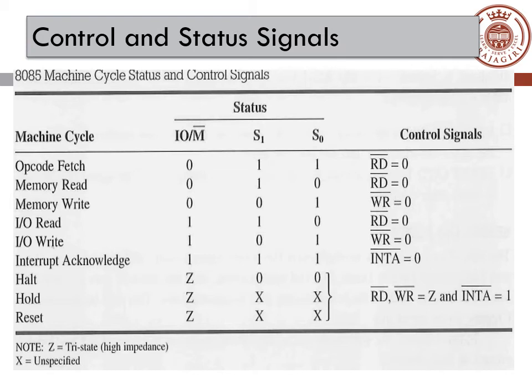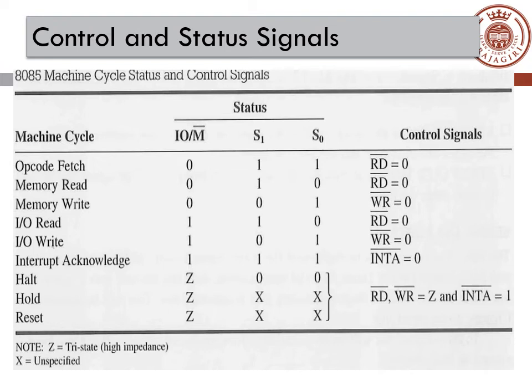Coming to the IO read and IO write operations, the IO bar M bar signal will be taken as 1, and you are using the combination of S1 and S0. Okay, so on the right side you can see the corresponding control signals that have been generated. In the first case, RD bar is 0. That is a control signal which is generated. Why? Because you are using an active low signal. So when RD bar becomes 0, it means that you are going to perform a read operation. Okay, so the first two options are memory read and memory write, and the fourth option is a read operation again, but you are going to perform an IO read, IO write.